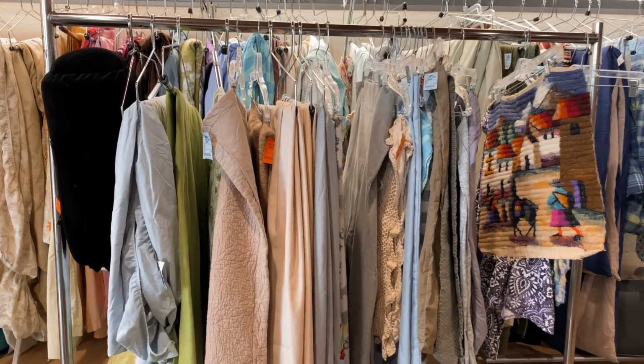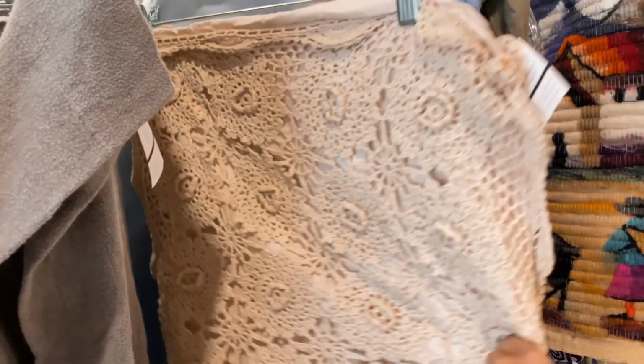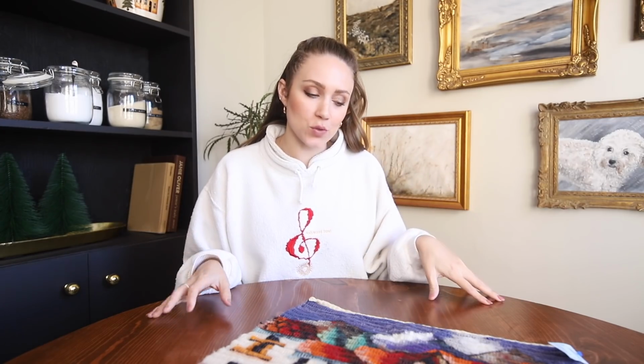Next project, I never look in the soft goods section, where the blankets and pillows and bedspreads and things are. I never look there because for a long time I thought that was a no-no buy for me. I was like, I don't know, that's weird, I don't want it. But I was like, you know what, I need to broaden my horizons. So I ended up looking at this one thrift store that we went to, and I found this